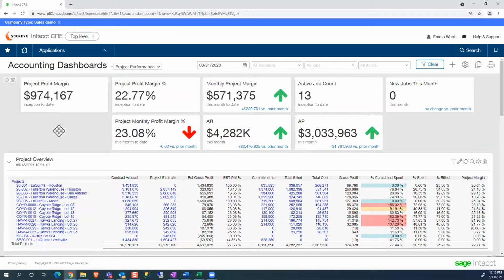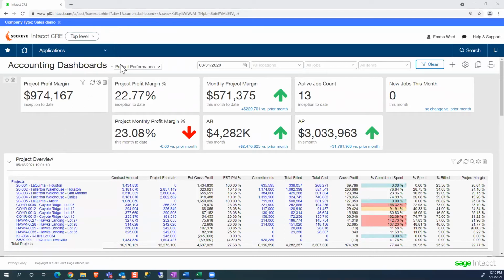All right, the first thing you'll notice inside of Intacct when you log in and see the dashboard for the first time is that it's a very modern application. This is different than taking an old on-premise software and hosting it in the cloud. This is software that's built for the cloud and uses all the cloud technology.